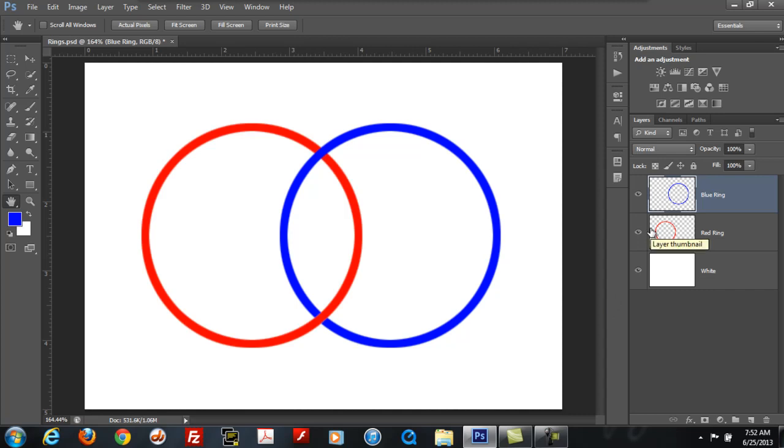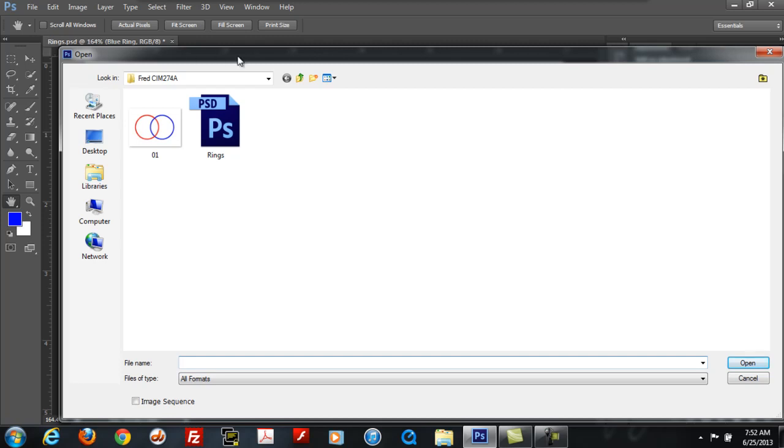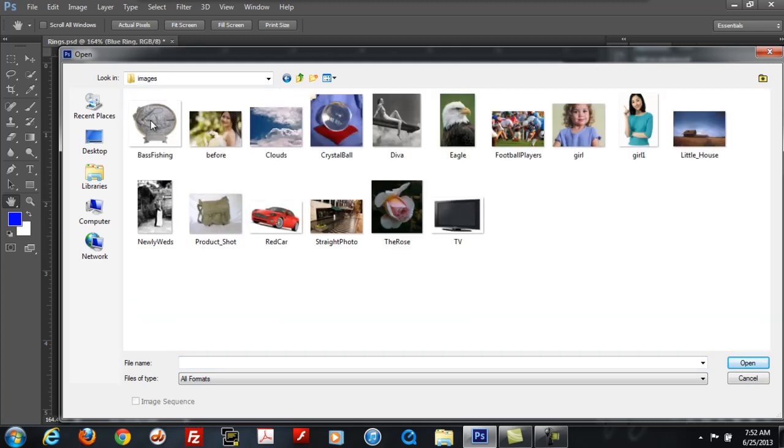On part 2, you're going to open up the eagle image that you can find on Blackboard, and you can download it by right-clicking on it. Instructions are in the Blackboard to do that. So I've already downloaded it, so I'm going to go ahead and open up the eagle. I have to locate the eagle, so I'm sure I have it under images. There it is, eagle. I'm going to open that one,